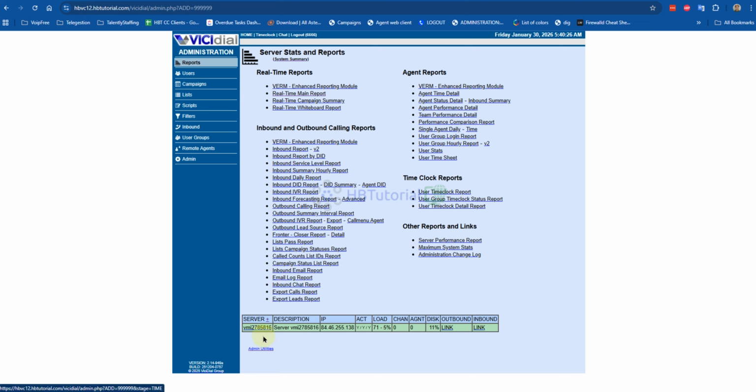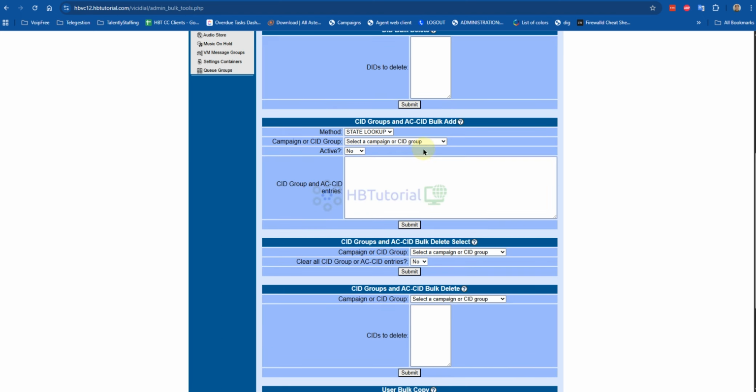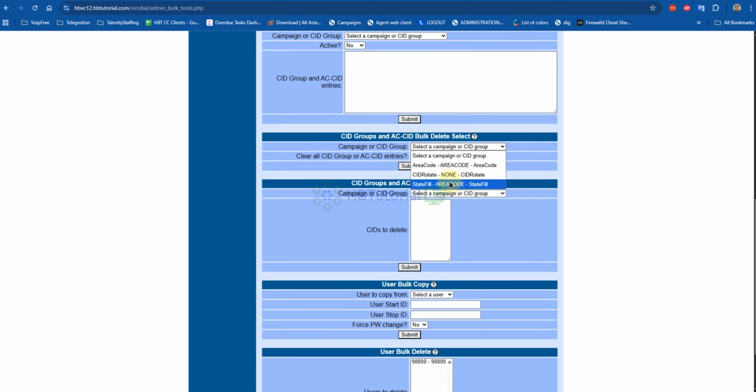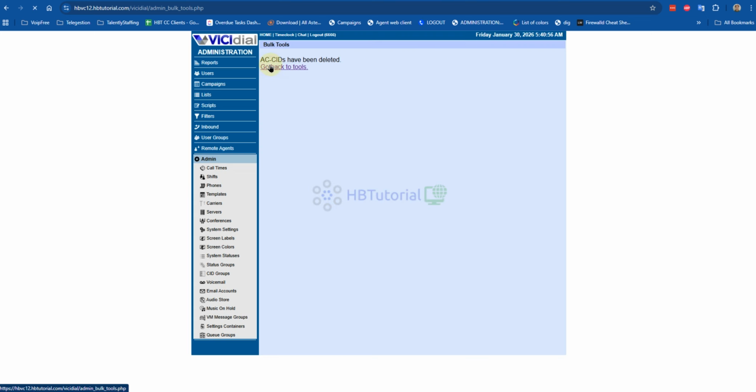And then go back again. I will show you the area code. Area code base will base only on the state lookup. Okay. I think, so for the state lookup it should be the state fill. So I'm just going to delete this state fill first. Go back.